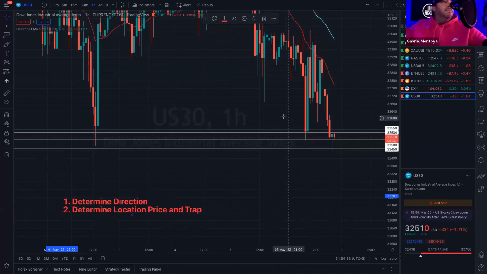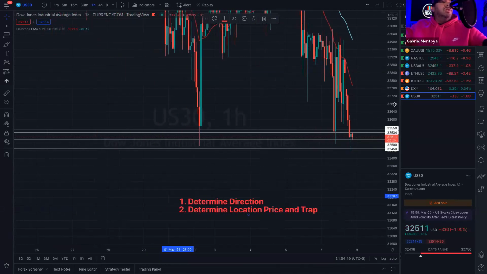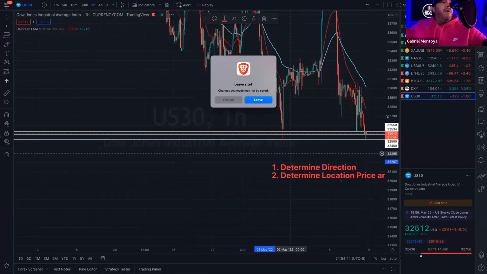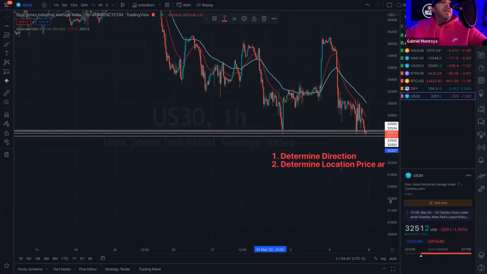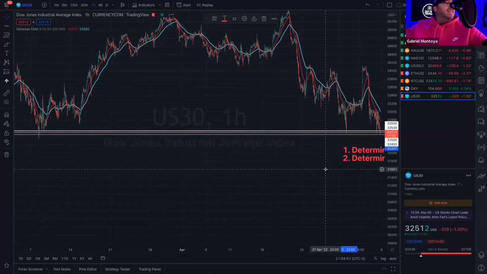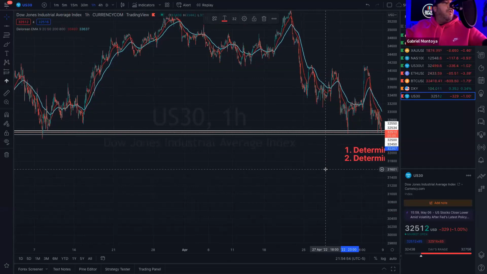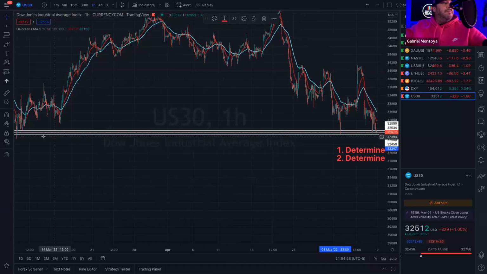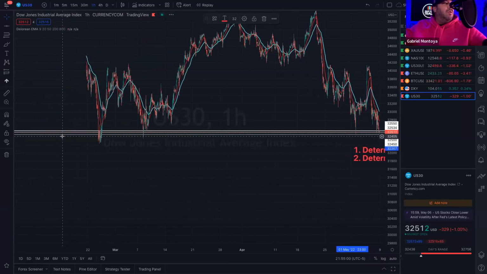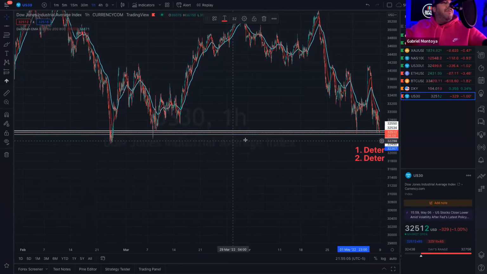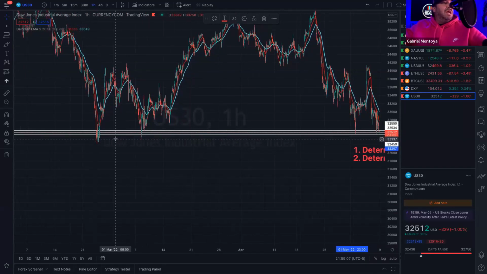These are things that you want to look at. Where's another area here? There's really nothing to the left over here that she's going to get into. This is a huge area here. Look at this. It's a huge area that she hasn't broken or been past in a while. This is a great area where we could possibly see a reversal. Look how long, this is back in February.